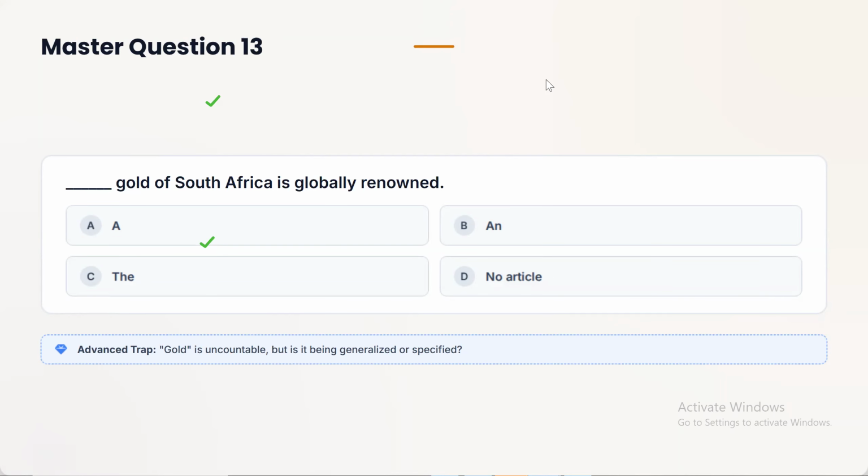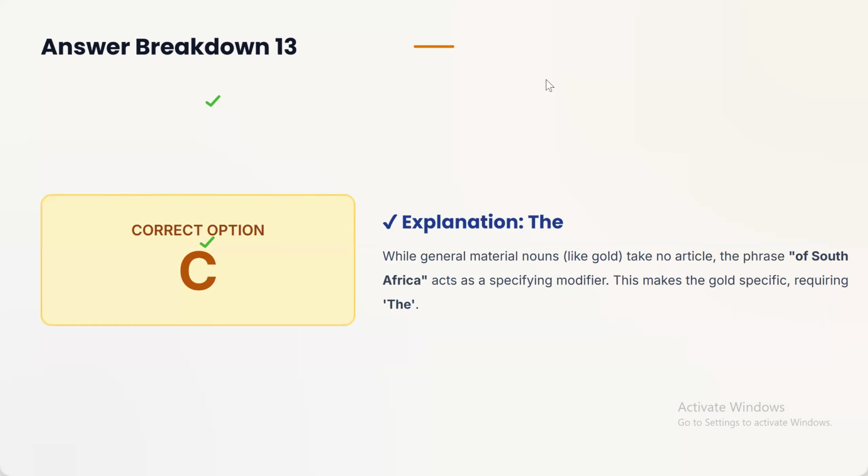So when we're talking about gold here, gold is a general material, an uncountable noun, so we don't use an article for a general substance. Okay, sorry. The gold of South Africa, yeah. So it would have the there. Sorry, that was a mistake. Because of South Africa, yeah. Gold is generic actually, but we are talking about the one of South